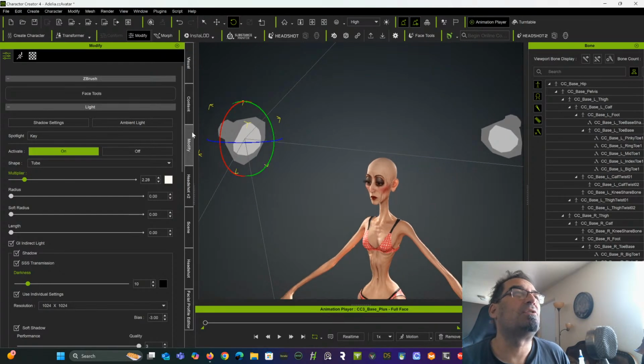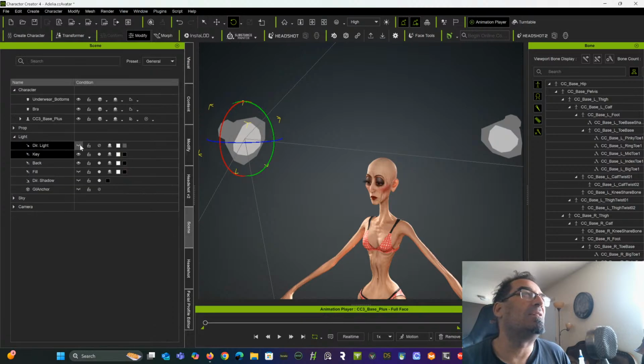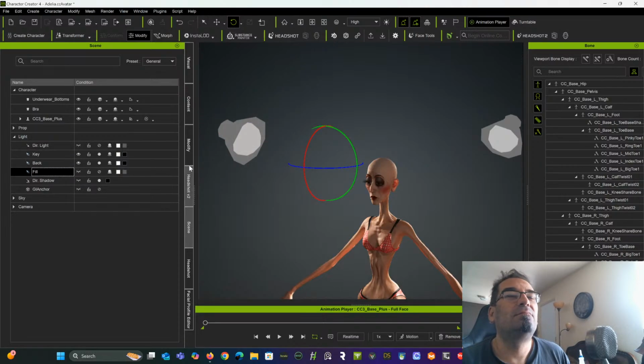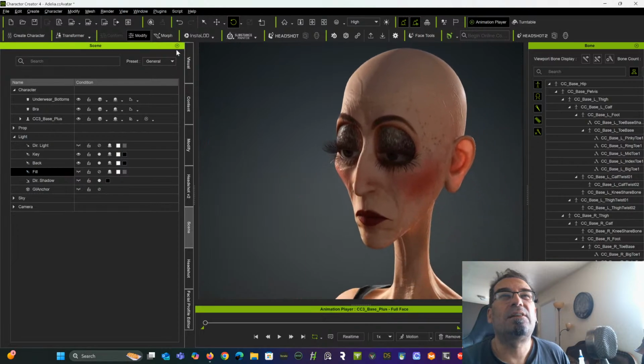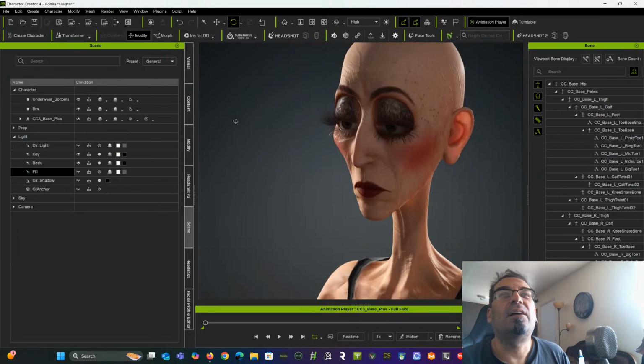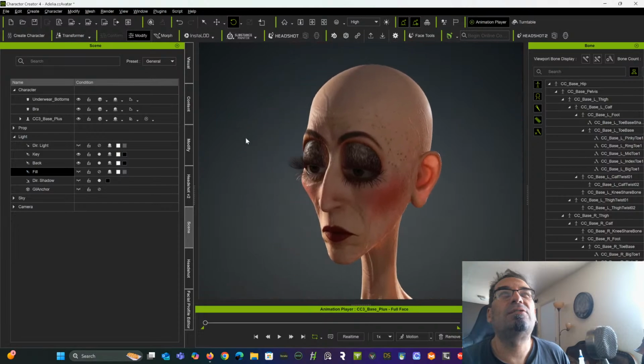Also, this directional in general looks just too bright. So let's go back to our lighting in our scene. I'm going to say directional light. That one is off. Key, back, fill. Let's try the fill off as well. I'll give her a nice kind of feel. I'm not sure yet though. Let's just check this out. She looks a little slick to me, but